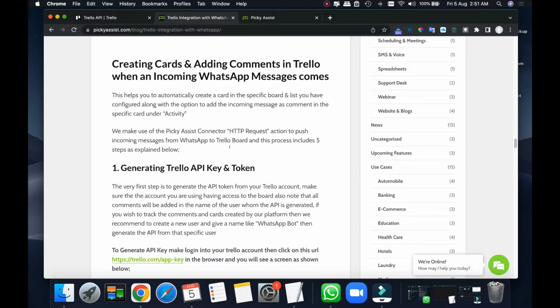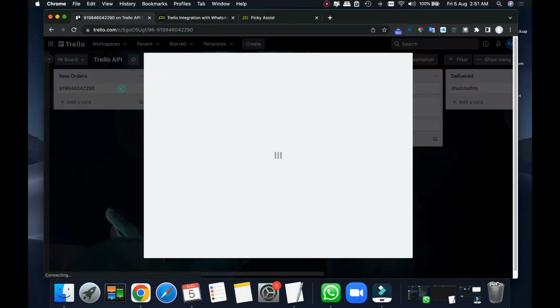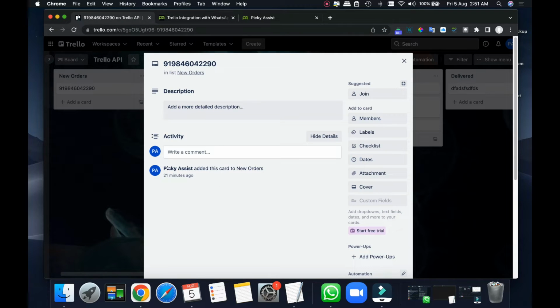For example, if you click here, this is the activity. In the activity it shows the Picky Assist name because the card has been added by Picky Assist, but in fact the card is added by the system. But why is it showing as Picky Assist? Because you have used your API token to authenticate the request.